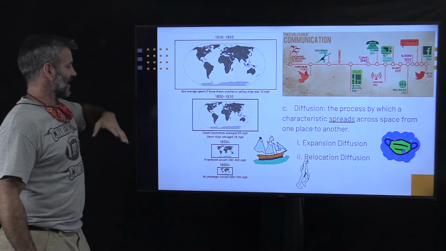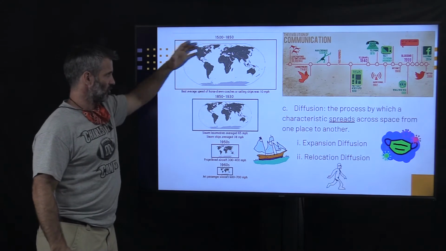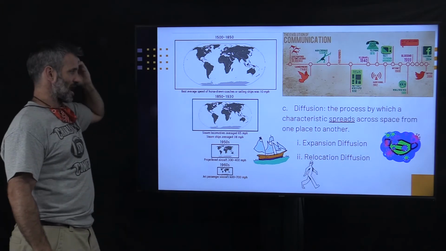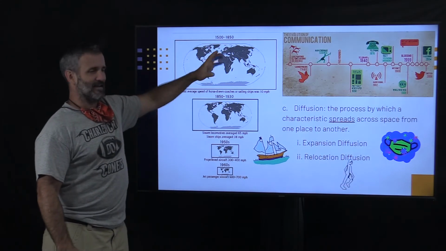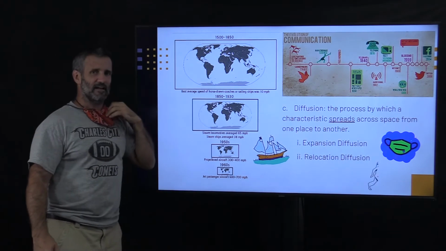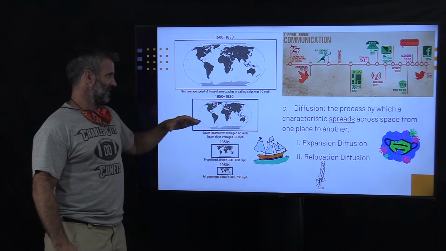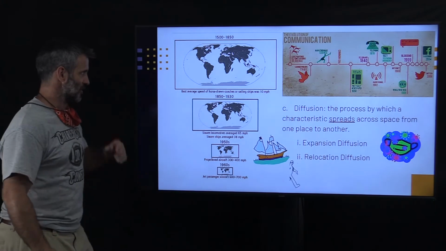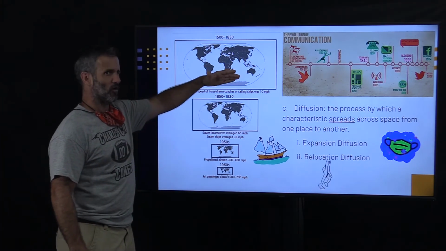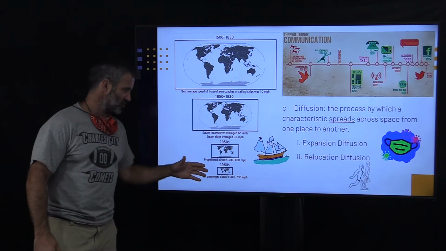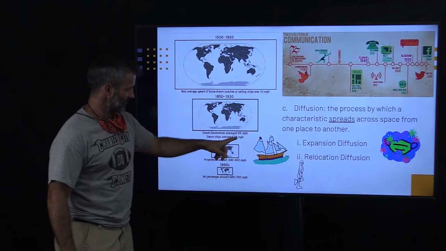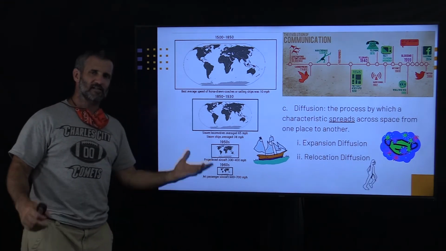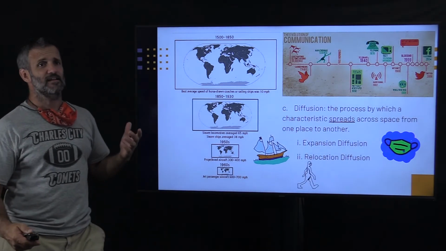Probably a great example of that is how long it takes to get from one side to another. The best average speed of a horse-drawn coach or sailing ship was 10 miles per hour. To go across the Atlantic, like when the Pilgrims did it, we're talking a 3-month voyage. By the 1850s, the average pace of a steamship is 38 miles per hour, so they got a 400% increase. By the time we get to aircraft, we're talking from 40 miles per hour to 400. By passenger jets, we're talking 700 miles per hour. It's an extremely different process.